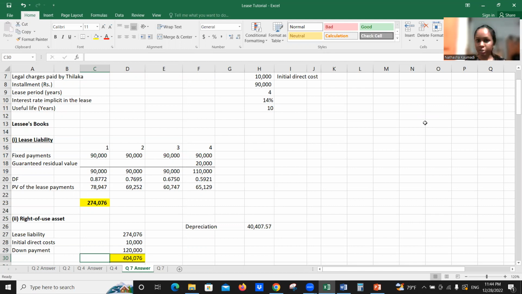So depending on the situation, you need to read the question and understand whether it is a finance lease or operating lease. Okay, so in the lessee's books,